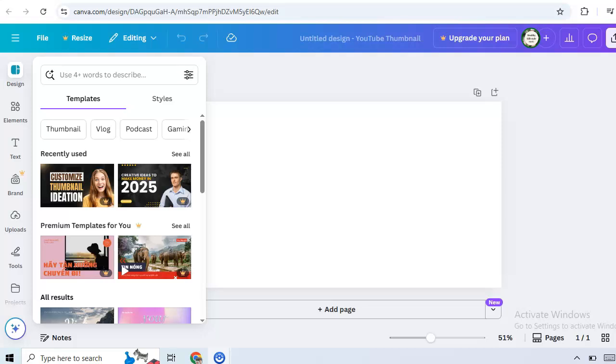Hi guys, in this video I will show you how to add border to shape in Canva, what you need